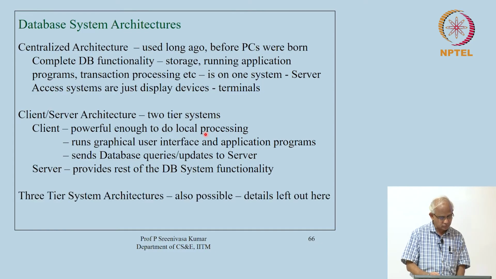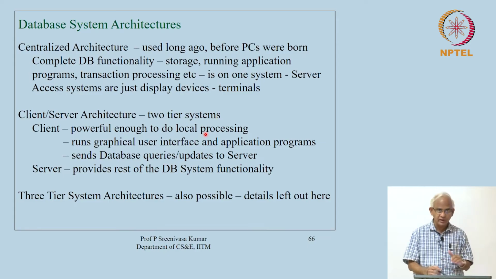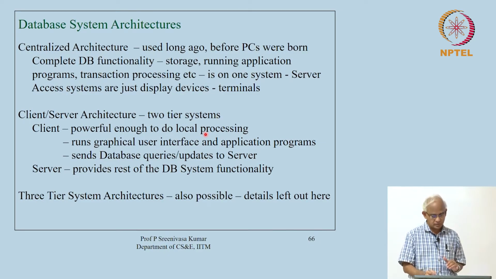It is also possible for us to have three-tier architectures, where the applications are actually moved to the middle layer. The middle layer is called an application server layer, or even a web server layer. So, the clients will have only the user interfaces, they collect the parameters from the end users, and then invoke applications that themselves run in the middle layer, and then the databases run in the last layer. The database servers will be in the last layer. So, that kind of multi-tier architectures also are possible.